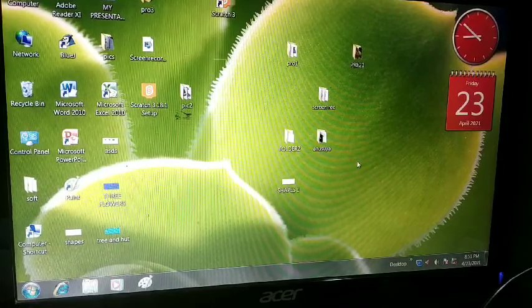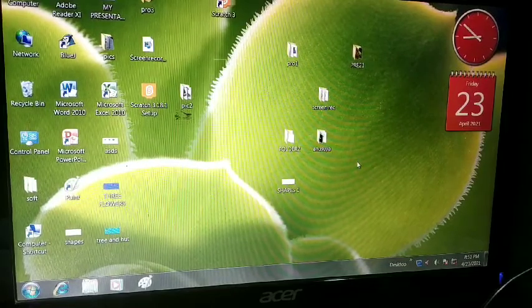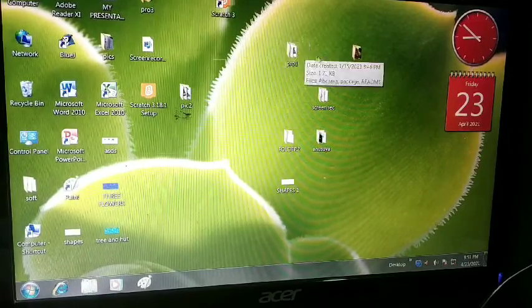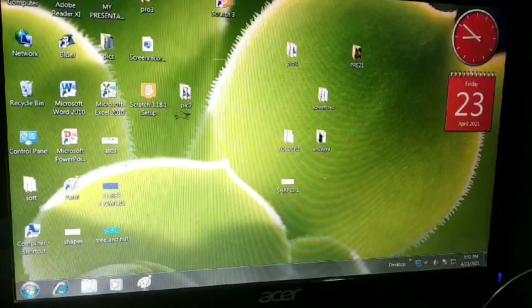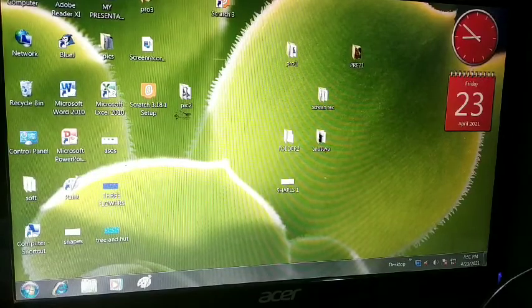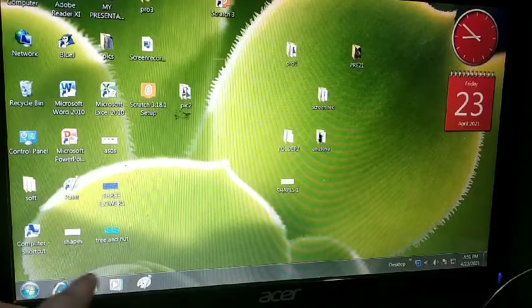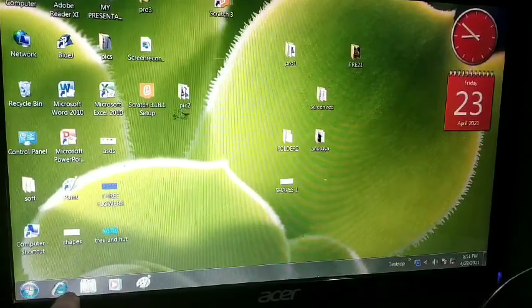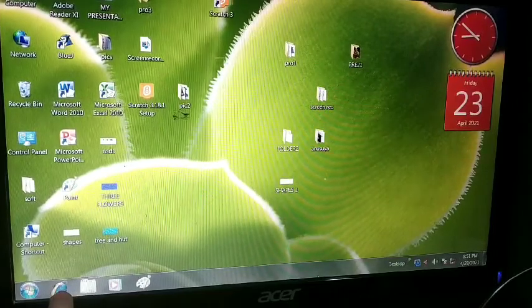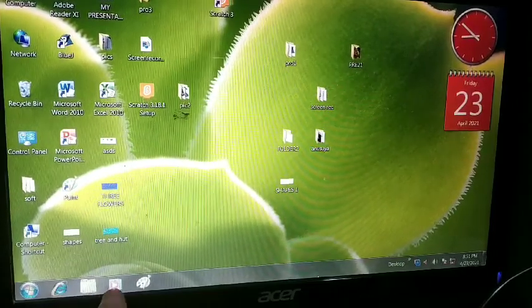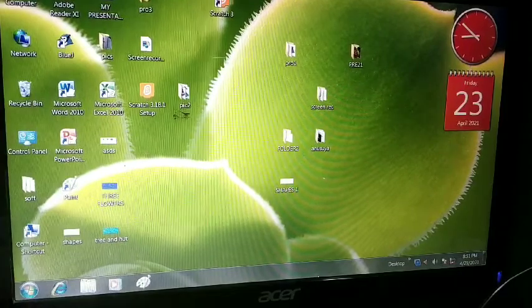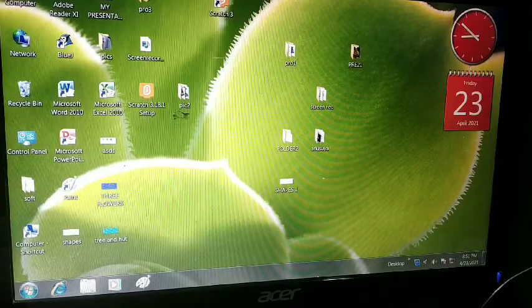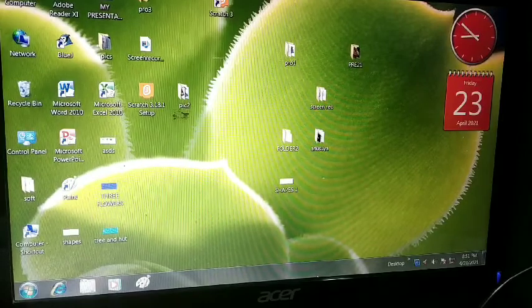Parts of the desktop screen which you are seeing here. So this is your desktop screen. These small pictures are called icons, and this is the taskbar at the bottom of the screen. This is the start button, this is the quick launch bar. This is the Internet Explorer icon, Documents, Windows Media Player, MS Paint. These are icons of the quick launch bar. From here you can start any program quickly.